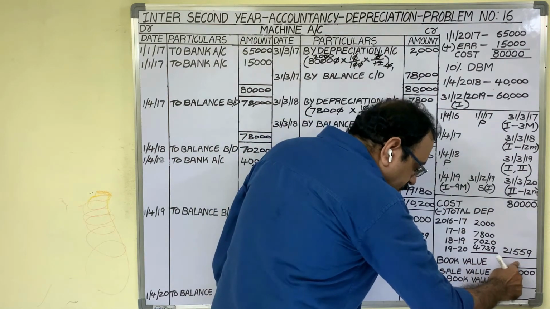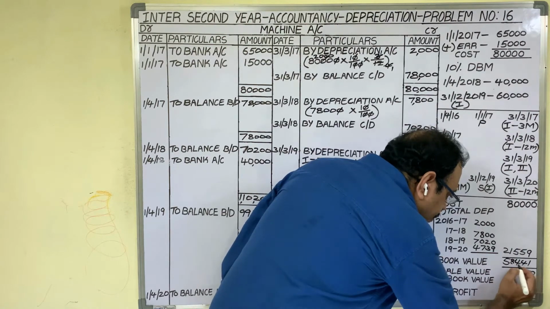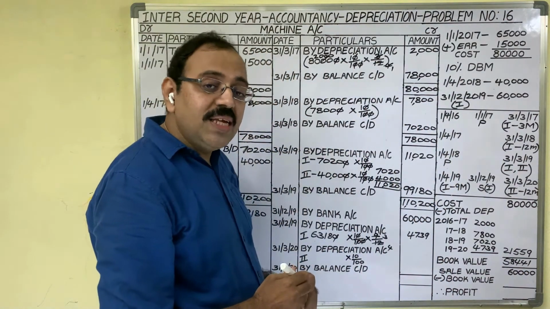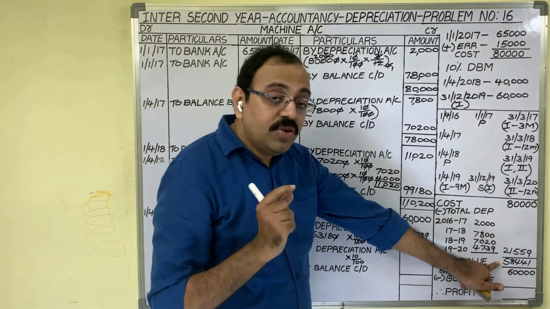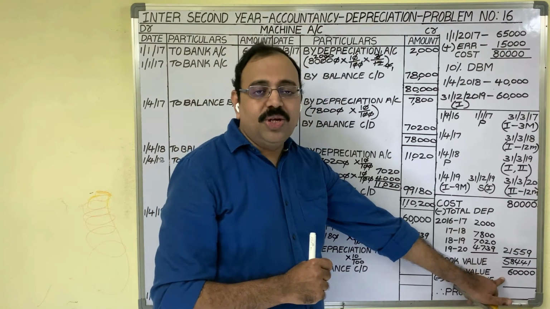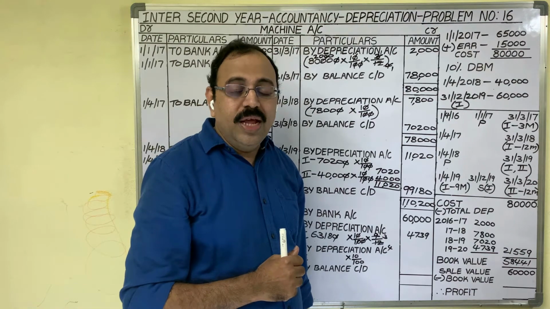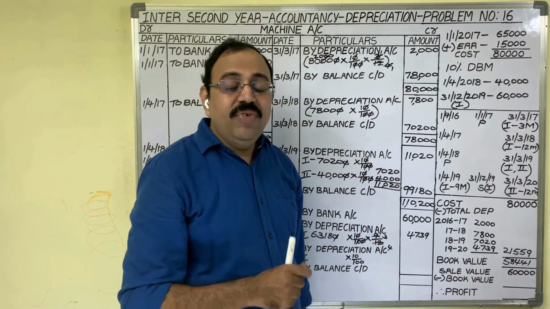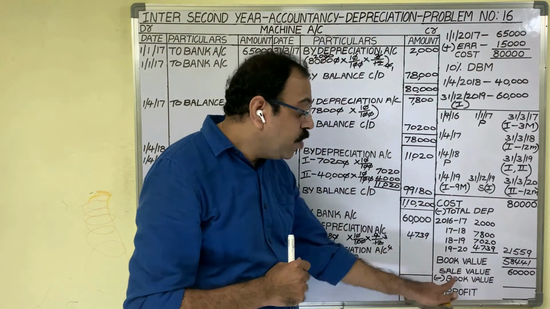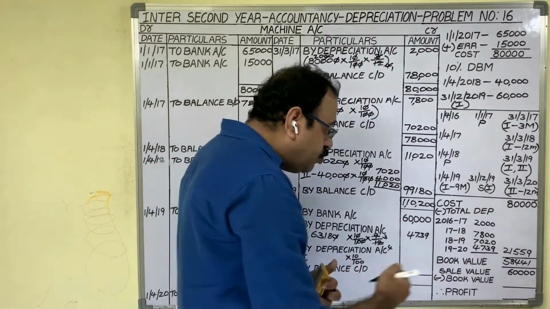Book value is 58,441. Now compare this book value with the sale value. The 58,441 worth asset we sold for 60,000 rupees. Sale value is more than the book value. Then we got profit. When we get profit on sale, from sale value we should deduct book value. Sale value is 60,000 minus book value